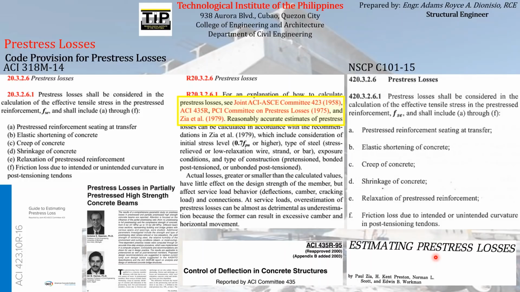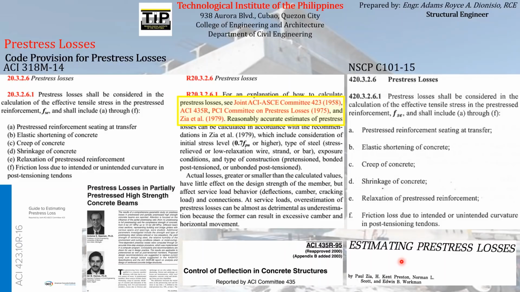Actually, the code, ACI in particular, prefers this document to be used in estimating the magnitudes of the prestress losses, as you can see here in the commentary. It's mentioned here that reasonably accurate estimates of prestress losses can be calculated in accordance with the recommendations in Zia et al., which is this particular document.